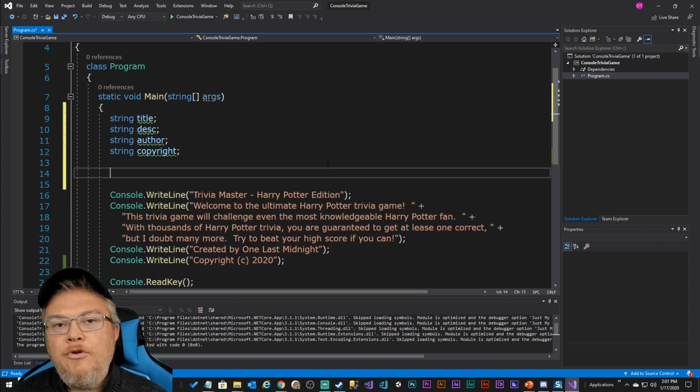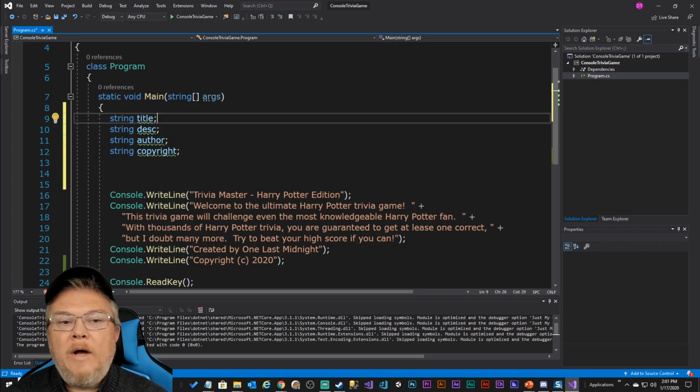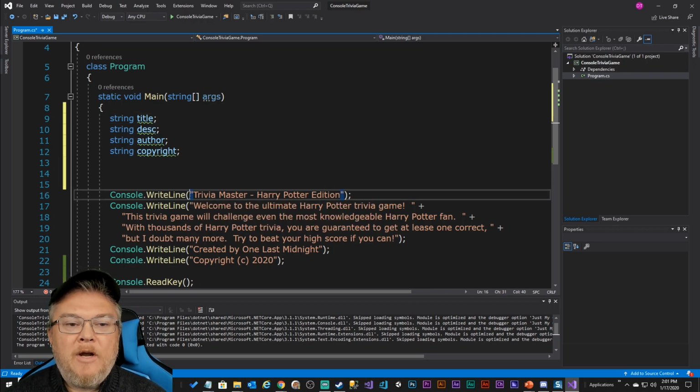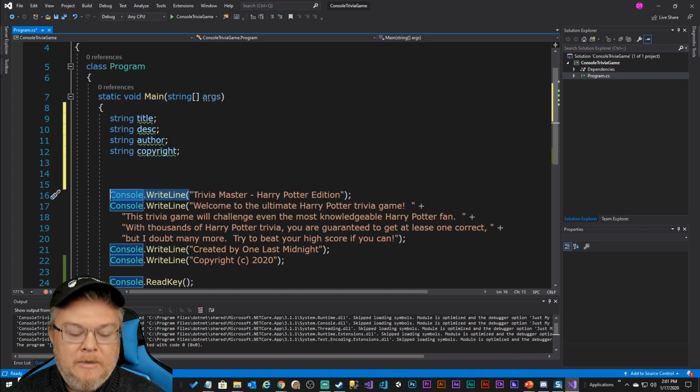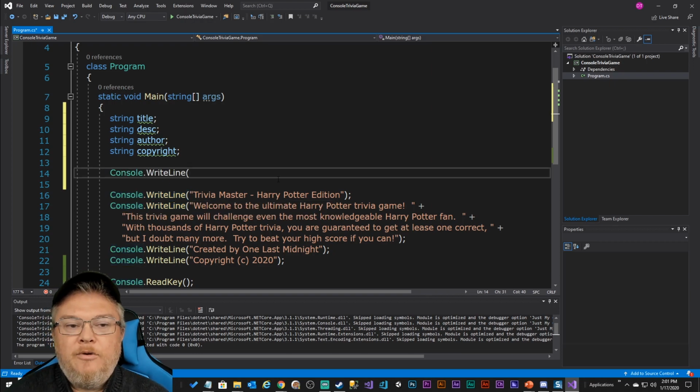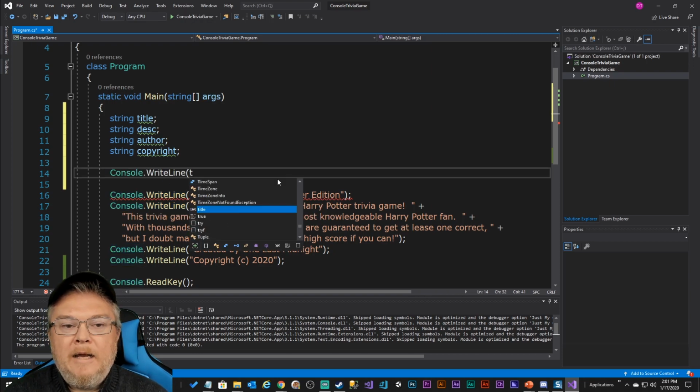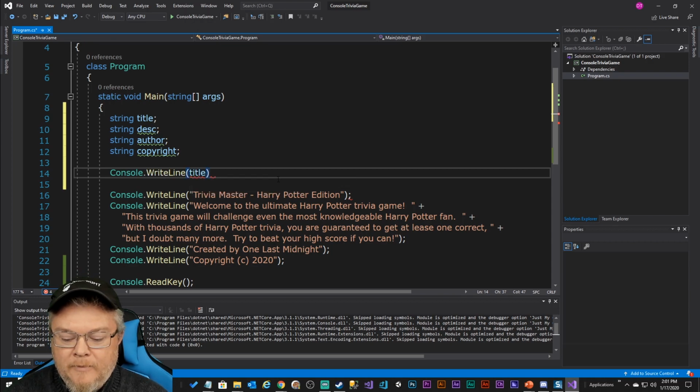But how do you use them? While you have, this is called declaring a variable. You know, putting in the type, putting in the name is called declaring the variable. But we haven't set a value for these variables. So if we actually tried to use this variable right now, and you can do that by doing Console.WriteLine and then putting in the variable name, and closing it off with a semicolon,